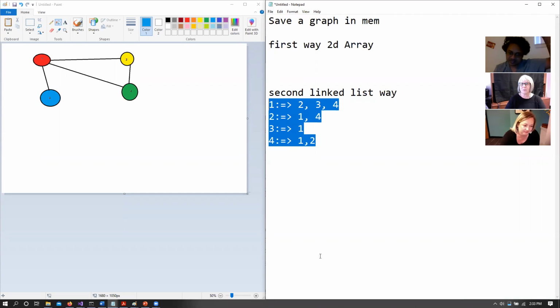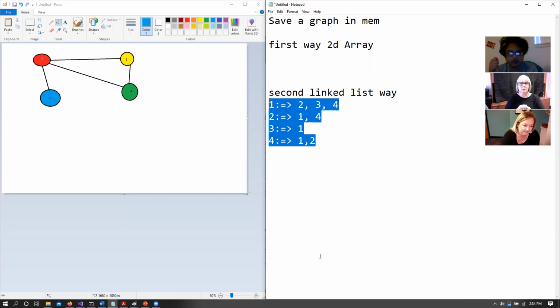Aman and Taha, let's come back. Let's not talk about dictionaries. Let's just talk about C++ things. Let's just talk about the basic data structures that we have. So Aman and Taha, do you agree that, yes, I do agree that this is a dictionary, but do you also agree that this is an array of lists, as Brian says?